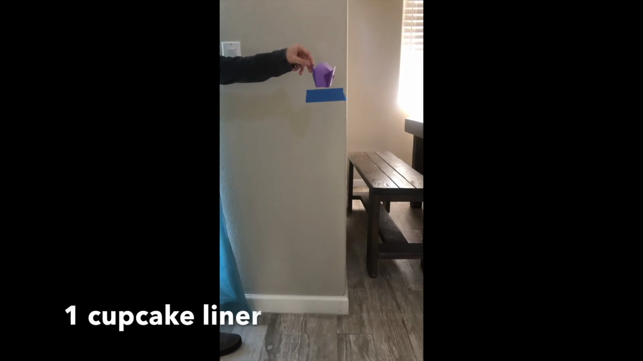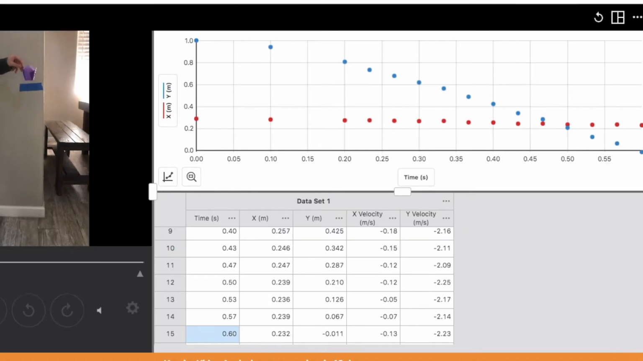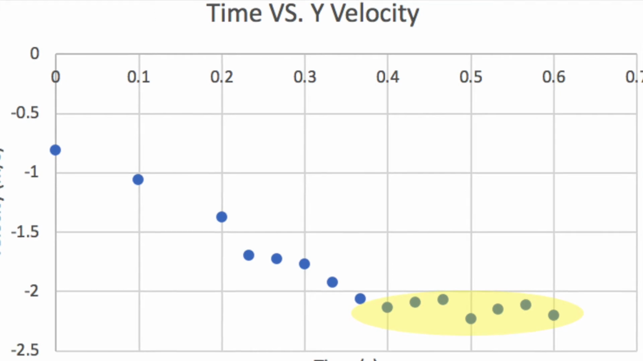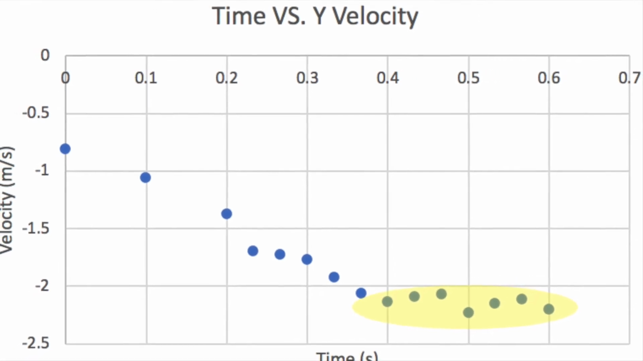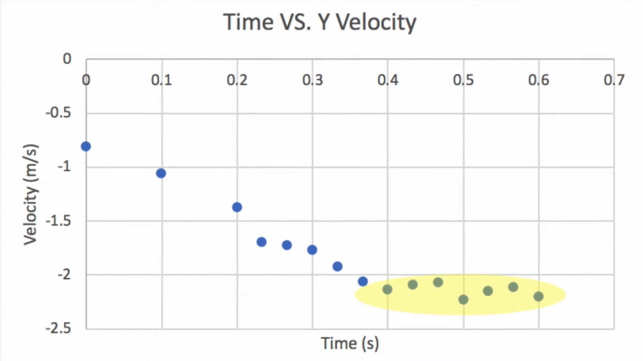In this section, we dropped 1 cupcake liner from the preset 1 meter height. After recording the fall, we ran it through the video analysis app. From the app, we were able to obtain enough data to create a time versus velocity graph. This graph then showed us the terminal velocity to be around 2.2 meters per second, as shown in the highlighted